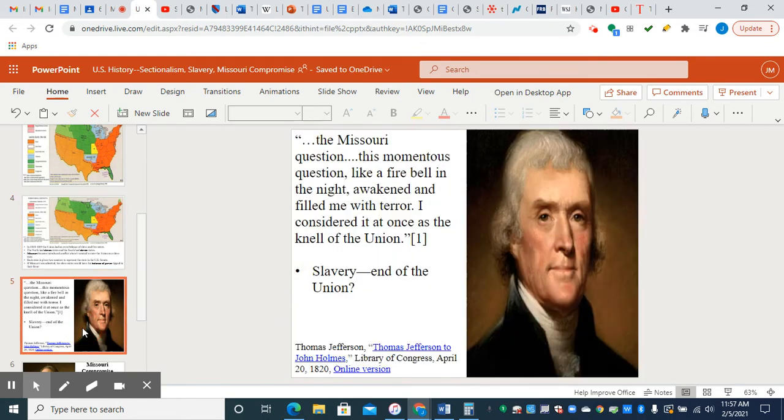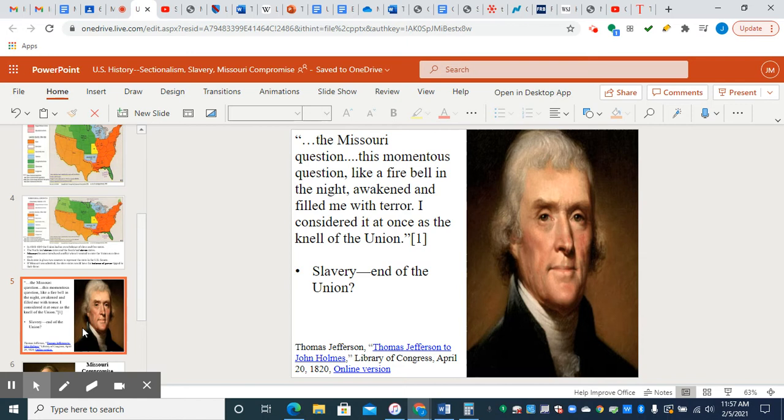And Thomas Jefferson, who was still alive during the time, though he would die only a few years later and not live to see the Civil War, believed that this issue would lead to the end of the Union, meaning it would be the end of the United States. And he was kind of right, because the Civil War that would later happen would so change the United States that it really wasn't the same